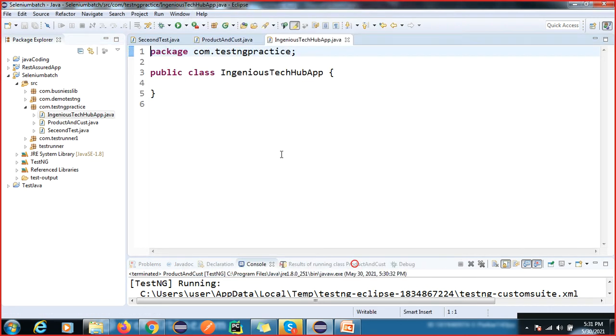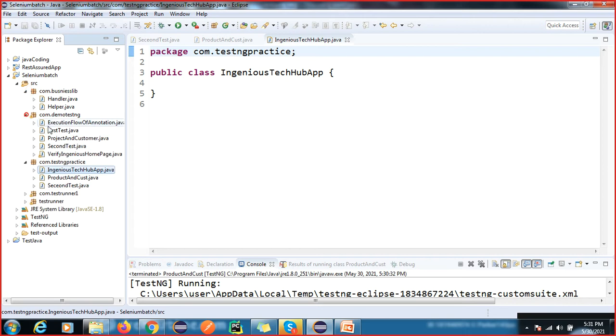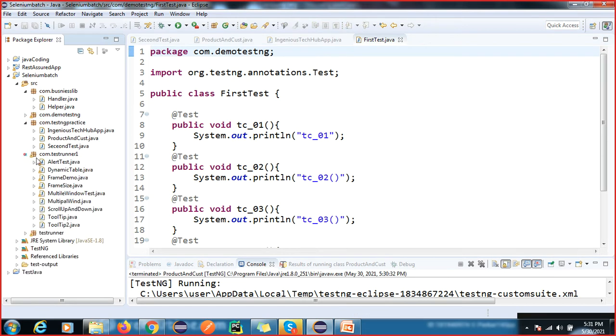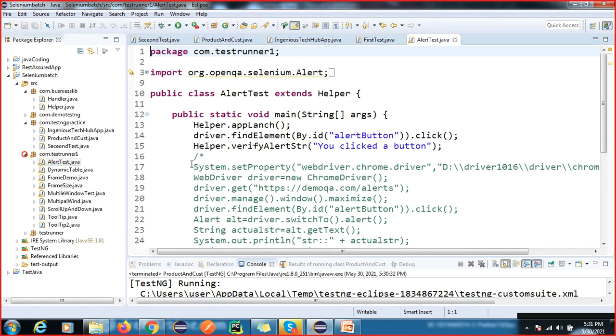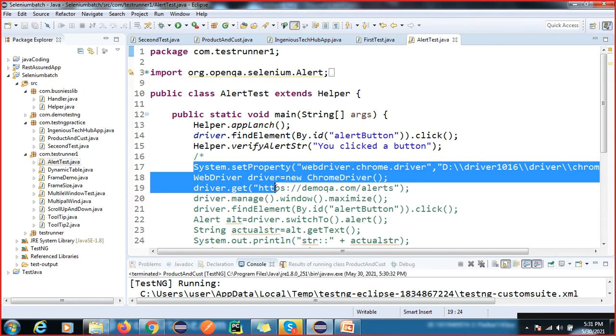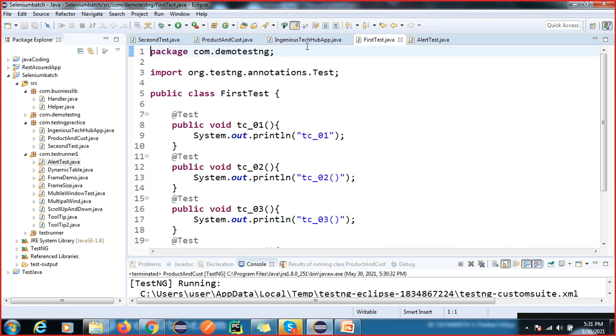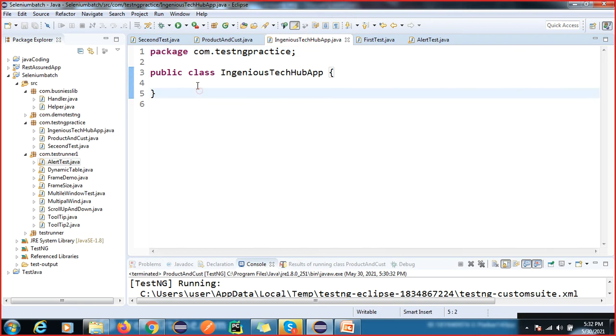I will copy this code and first launch the application. Whatever you are learning, we will do the same for the framework, but we are parallelly learning the components and reusable methods of the framework.